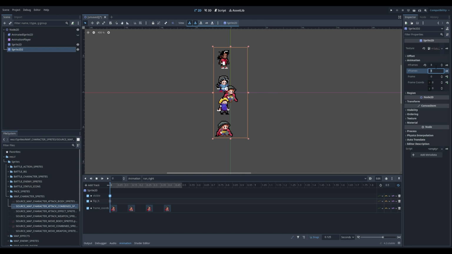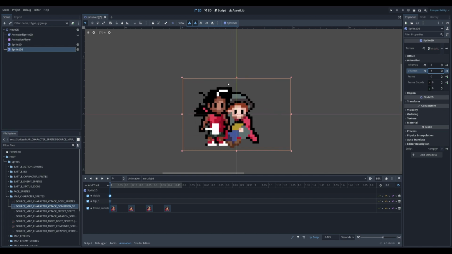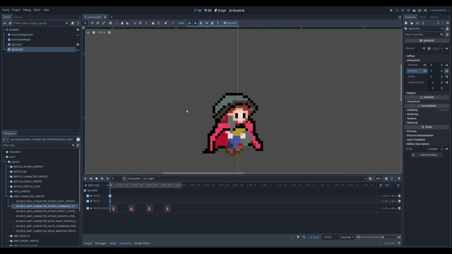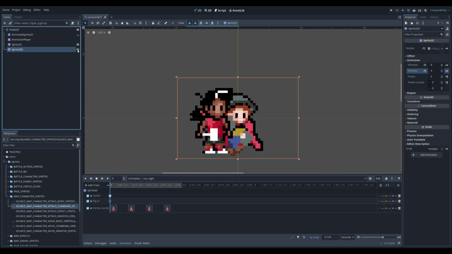So horizontal frames, it's going to be 8, or vertical. And you'll notice that it's just not the same location. The reason being is the original sprite is 32 by 32 pixels. This one is 32 tall by 48 wide. So if I proceed through the animations,